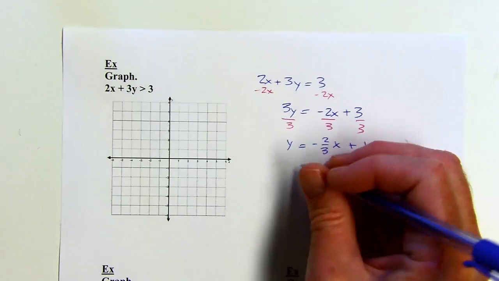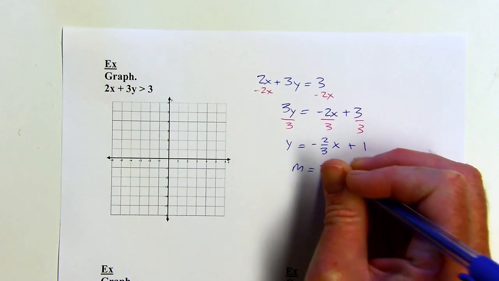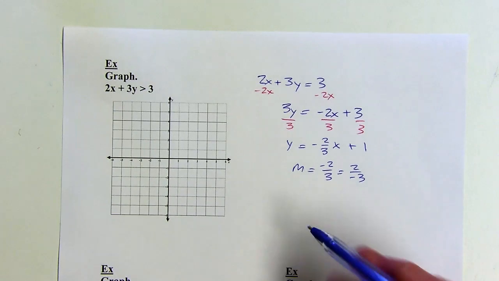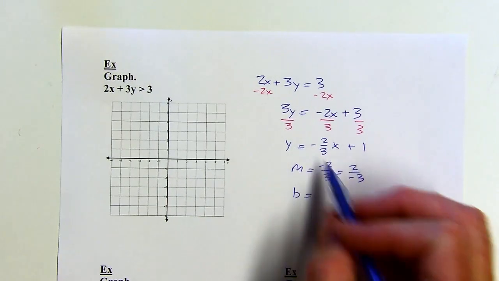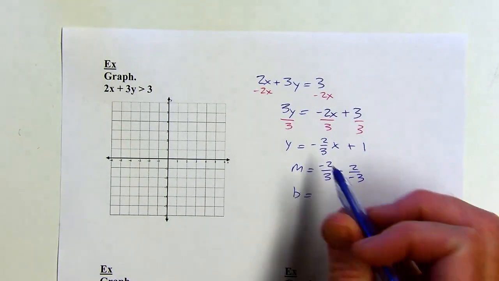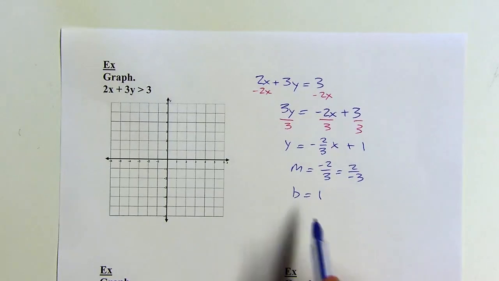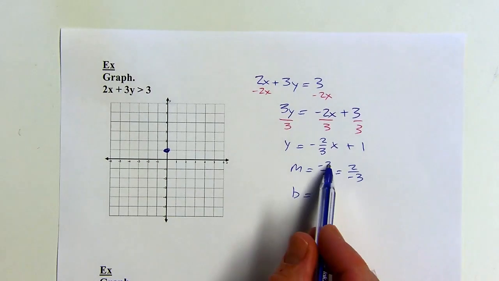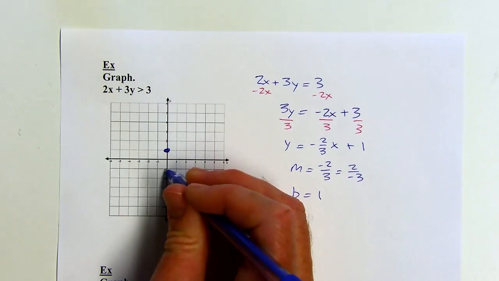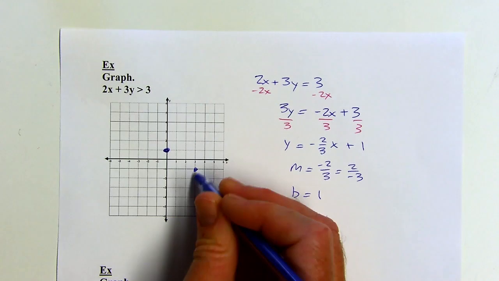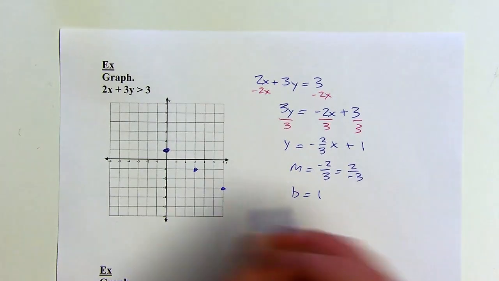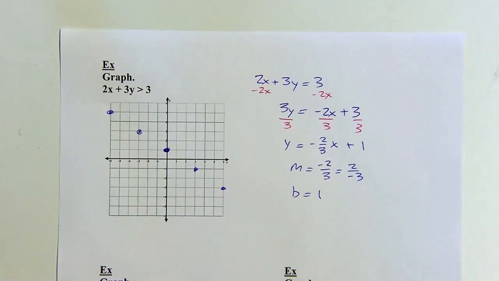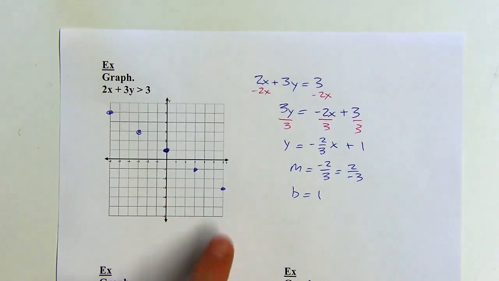Okay, so when I'm thinking about graphing this, now I can see my slope is negative 2/3, which I could think of either of those ways. So you could put the negative on top or the bottom. You could leave it in the middle too, but I'm just thinking rise over run. And my y-intercept is 1. So I've got a y-intercept of 1, okay? And then I'm going to go down 2 to the right 3 from my first point there, and down 2 to the right 3 again. Or I could go up 2 to the left 3, and again. And now it's really tempting to just draw my line through that, but I've got to be